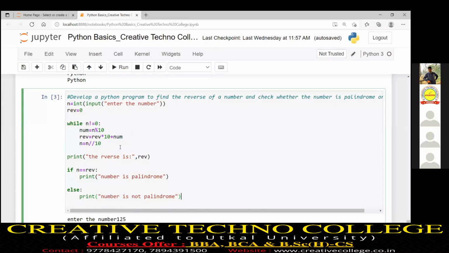Sir, we should put the value of n in another variable. Okay, just listen. I'm saying that after finding the reverse, the latest value of n is 0, because suppose I have taken 125, then 125, then